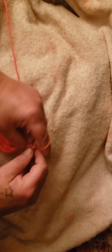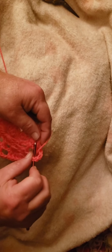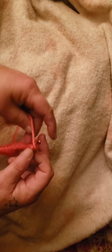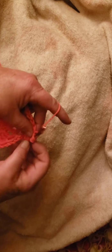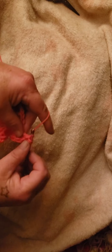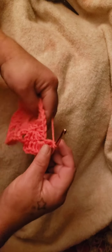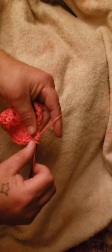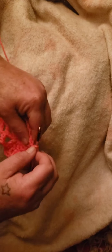And then you're going to chain 3 for 1 double crochet, and double crochet in the next stitch, and then you're going to double crochet in the next stitch, and then you're going to 5 double crochet in the corner, 3, 4, 5, and then you're going to 3 double crochets, 2, 3,